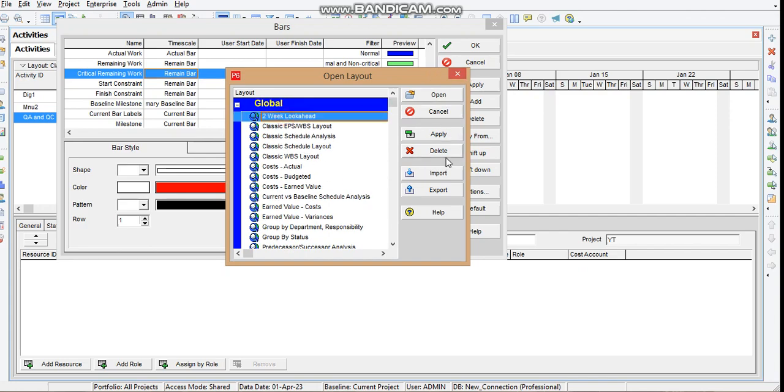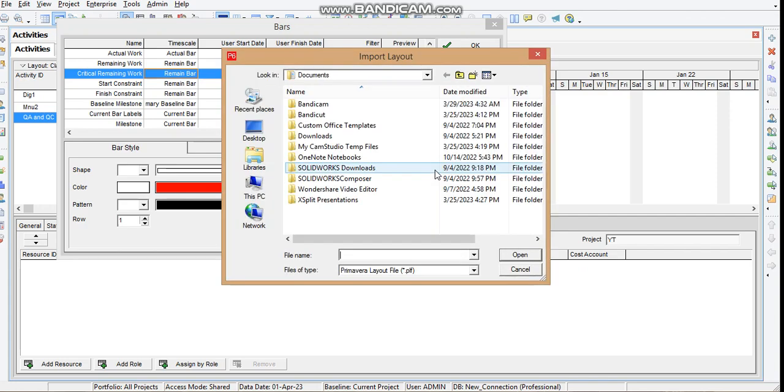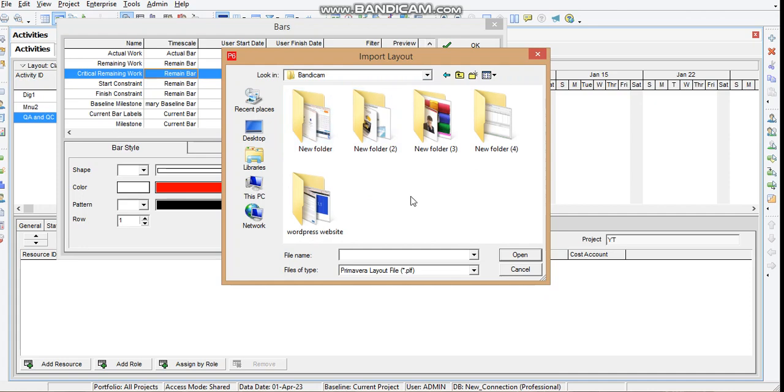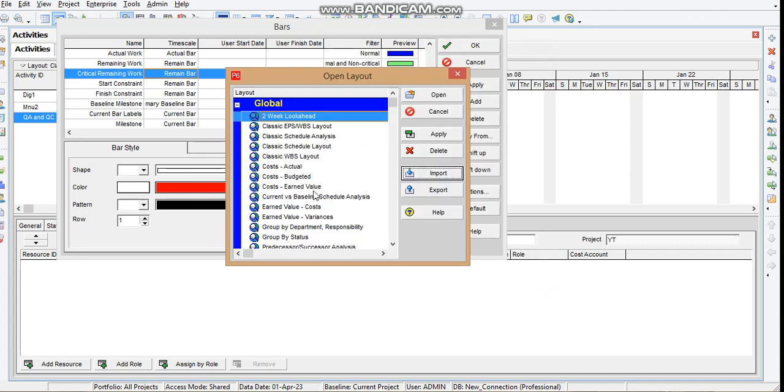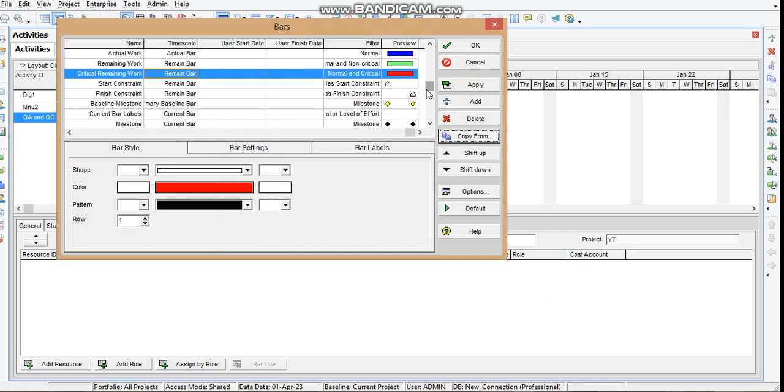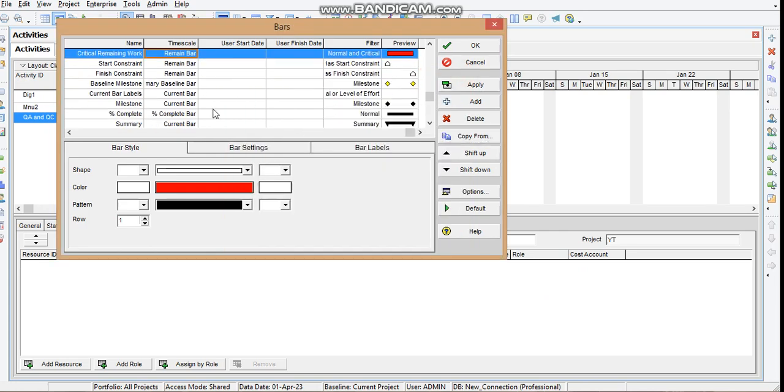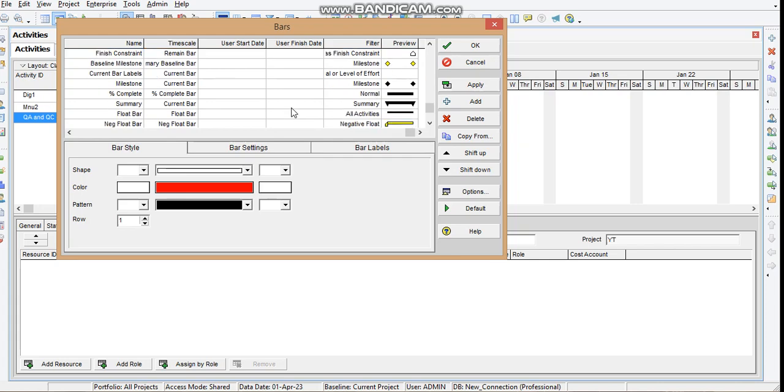Okay, let's, for example, if I want to import something, I can simply click on it, then go to Bandicam. Here I have different folders. Okay, I click on new folder, and that's how I can import the layout. Let's close this. Okay, let's go down, and here we have